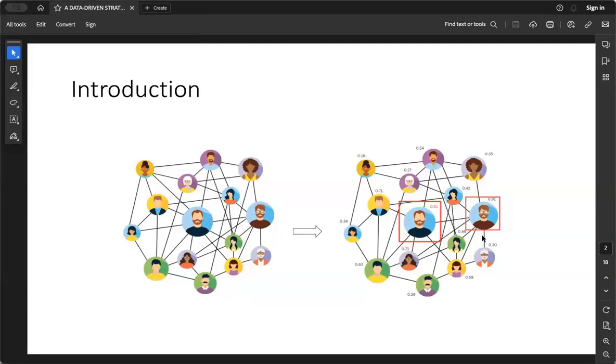Like, for example, here we see that most of them have ranks like 0.16 and 0.27 and 0.34, but there are these two users who tend to have a rank much higher than, let's say, the 0.5 threshold. So they have a rank of 0.81 and 0.91. So our goal is to be able to generate these ranks such that given a threshold, we can flag certain users as being potentially harmful or a threat to our network, while the others can be just considered as non-threatening.